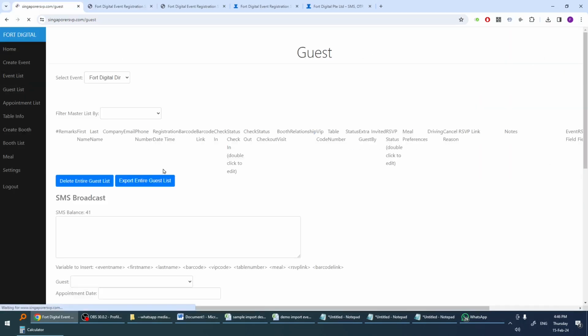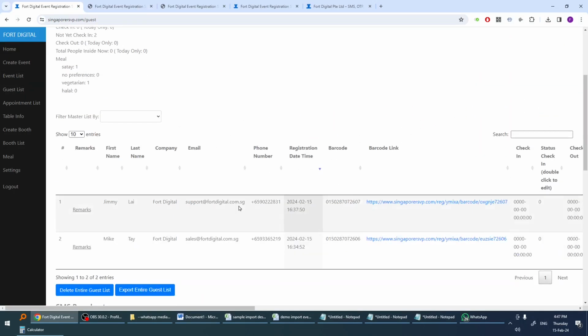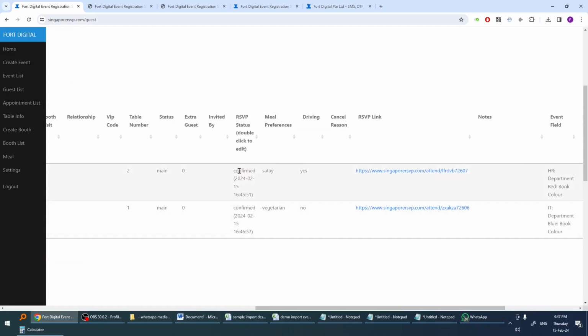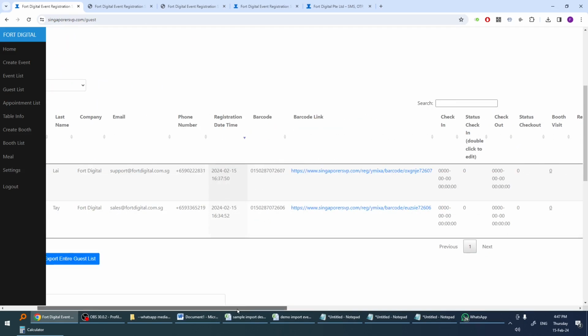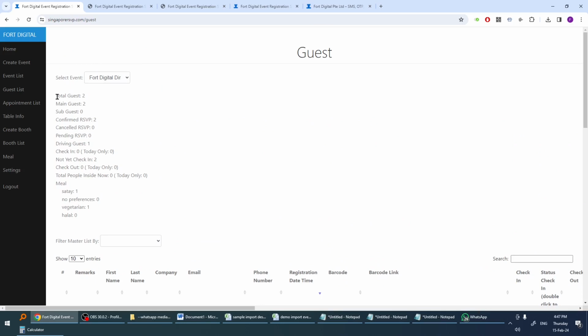That's all. Now I go to the guest list. As you can see here, 2 confirmed RSVP. Go back to the summary on top: total guests 2, confirmed RSVP is 2. That's very good, it means cancelled RSVP and pending RSVP are 0. For example, if you have a lot of cancelled and pending RSVPs,